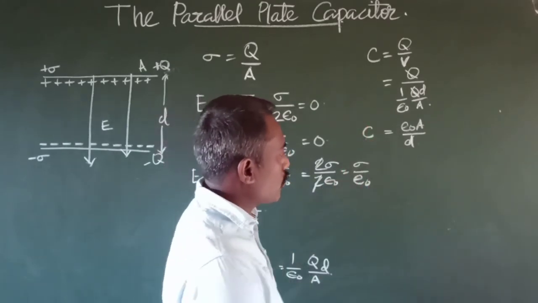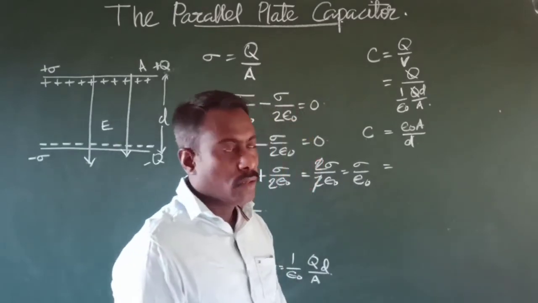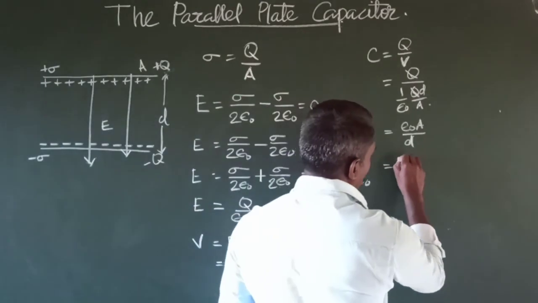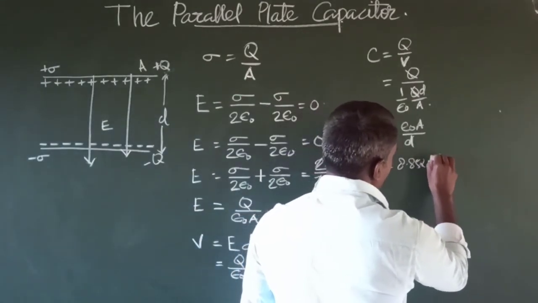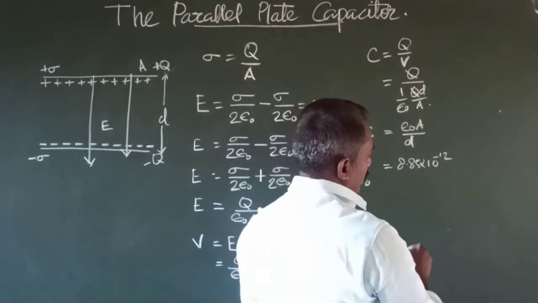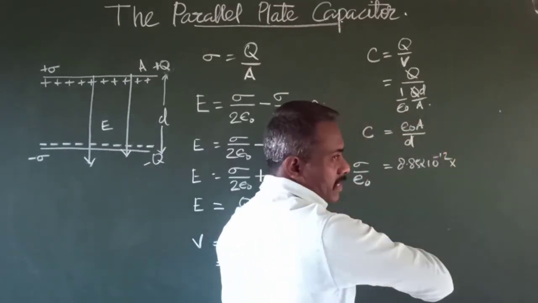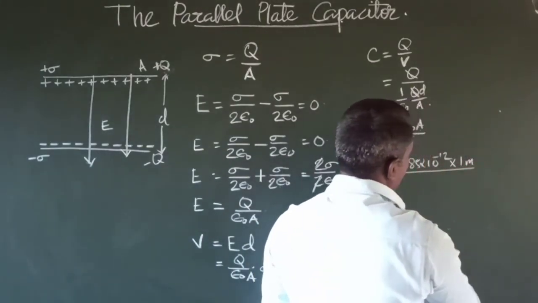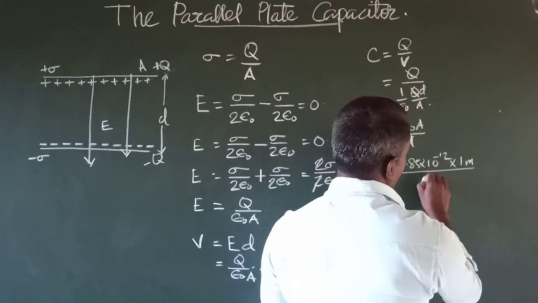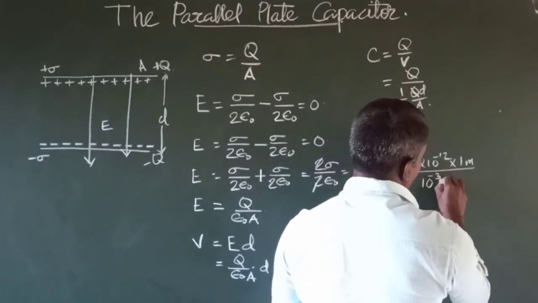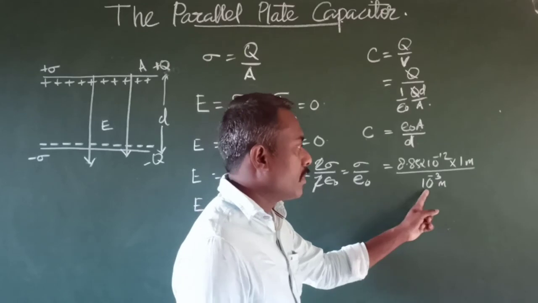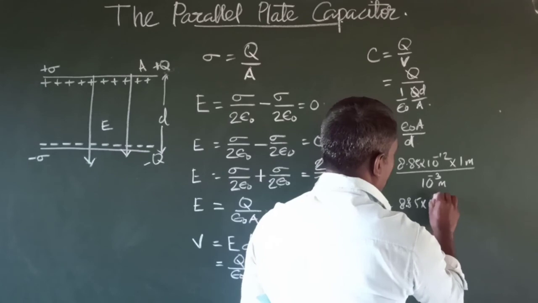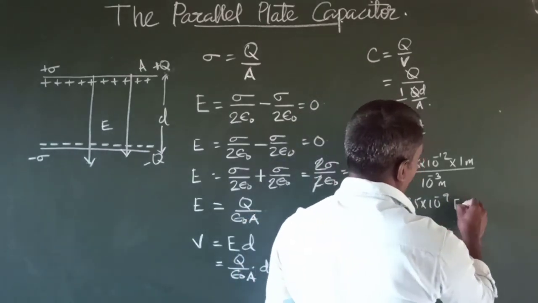And if we substitute the value of the electrical permittivity of the medium vacuum, which is 8.85 into 10 raised to minus 12, into the area taken in meter square, divided by the distance separating them, when we simplify this value we get 8.85 into 10 raised to minus 9 farad as the capacitance of this